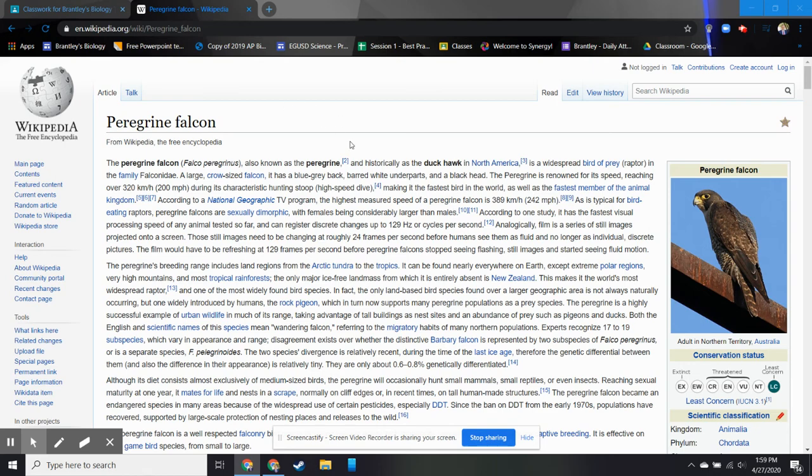All right, so while you're doing your research for your different articles, you may be tempted to use Wikipedia as one of your sources. And I know that you guys have been told over and over and over again that Wikipedia is a bad source. And that is true, but there's a lot of really useful information on Wikipedia, and a lot of it has